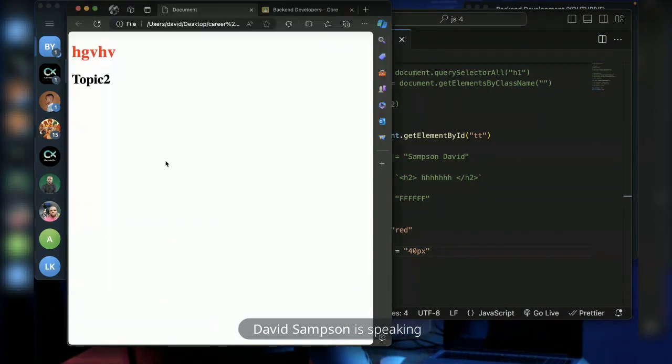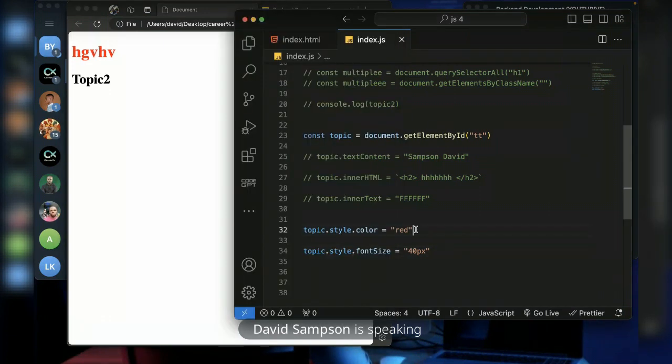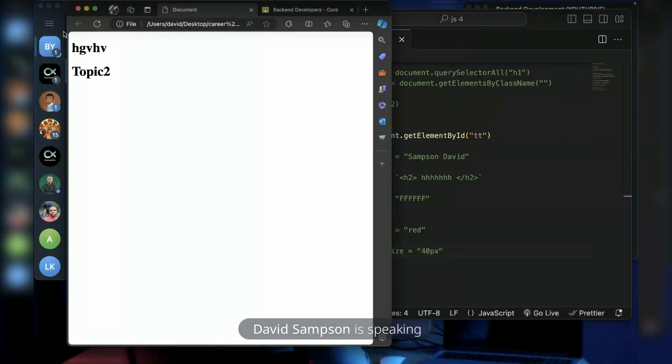So what we want to do is add a button and say when you click on that button, let the color of this tag change. That's what we want to do. So when you click on the button, let the color of this tag change. Now currently we have it set to red, but I'll change that and also remove the font size. So if I refresh it, they're back to normal.